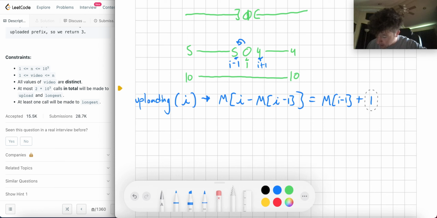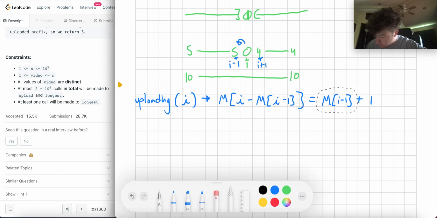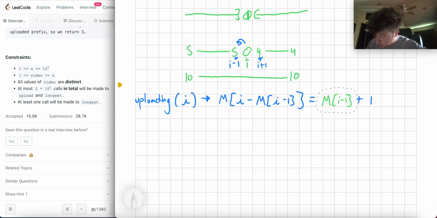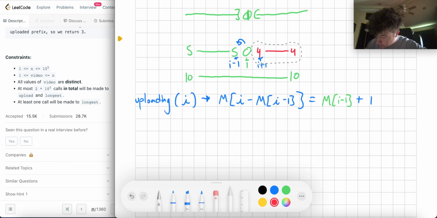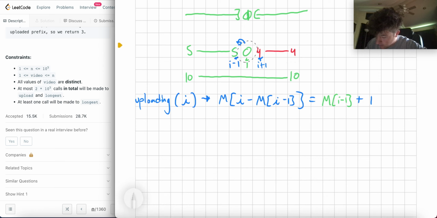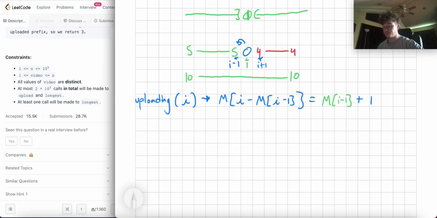So we're going to color code these. So we'll make this one green. We'll make this one over here red. And we'll make this one blue. Okay.